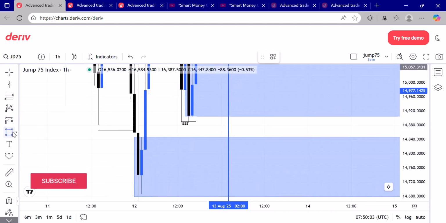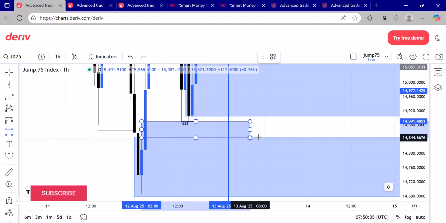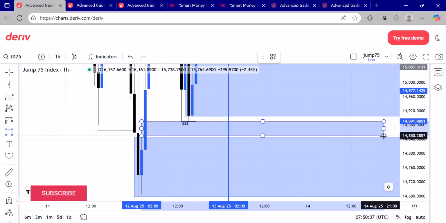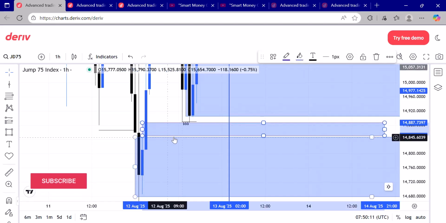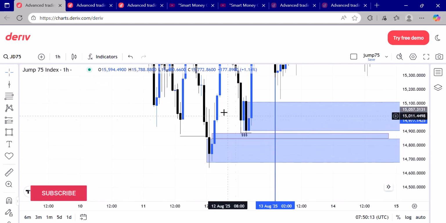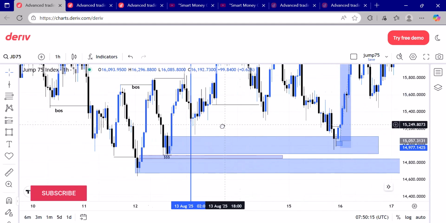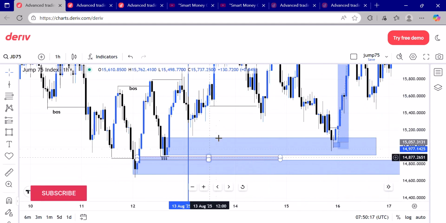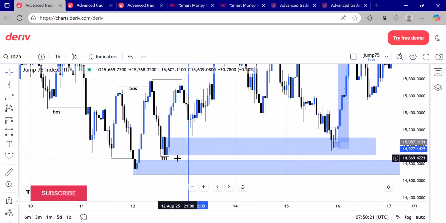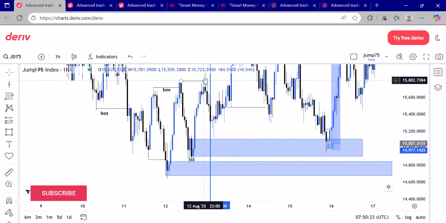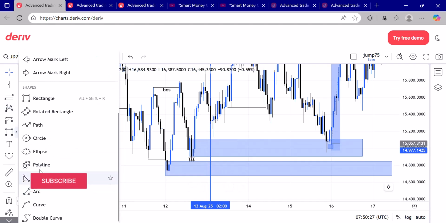So normally we're expecting that price will come in and fill in this void before it moves off. But that didn't happen. Meaning, if you're waiting for price to come in,